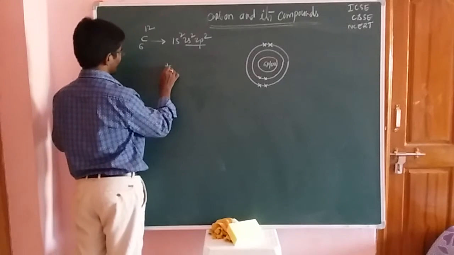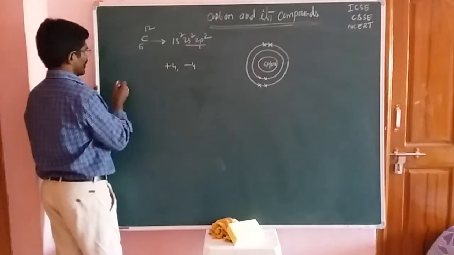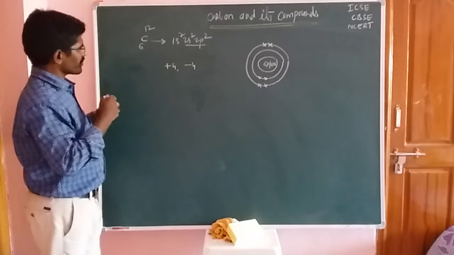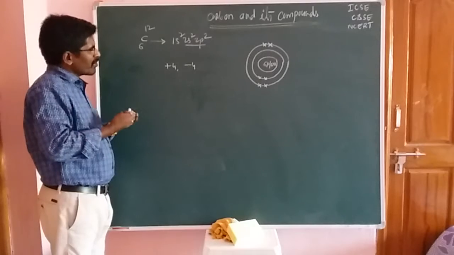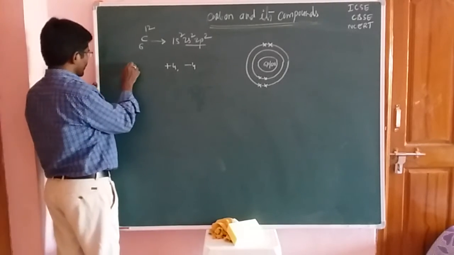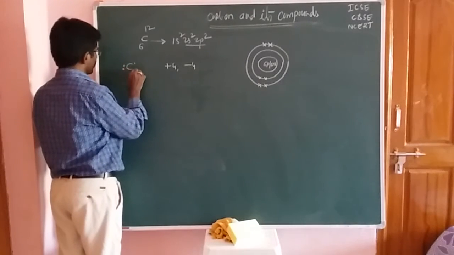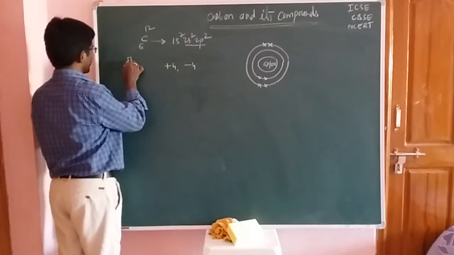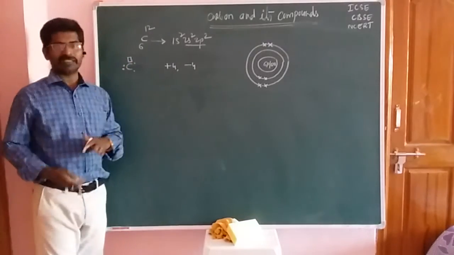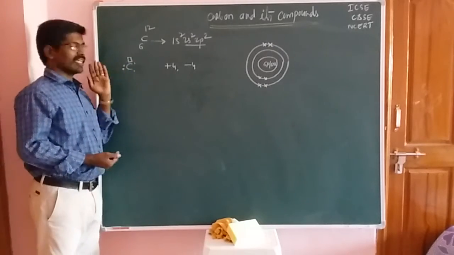So first one is the plus 4 oxidation state, and next one the minus 4 oxidation state. And one more concept is, if you look at the reactivity or number of bonds in the ground state of carbon, it has one lone pair of electrons, 2 unpaired electrons, and one empty orbital in the ground state of the carbon atom. Okay, friends. So this is the general concept. But in this case, it is highly unstable. Actually, this is a theoretical concept.